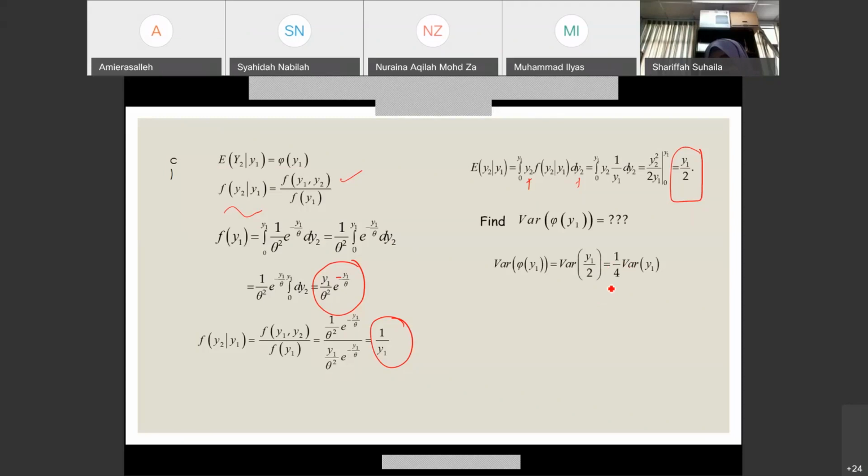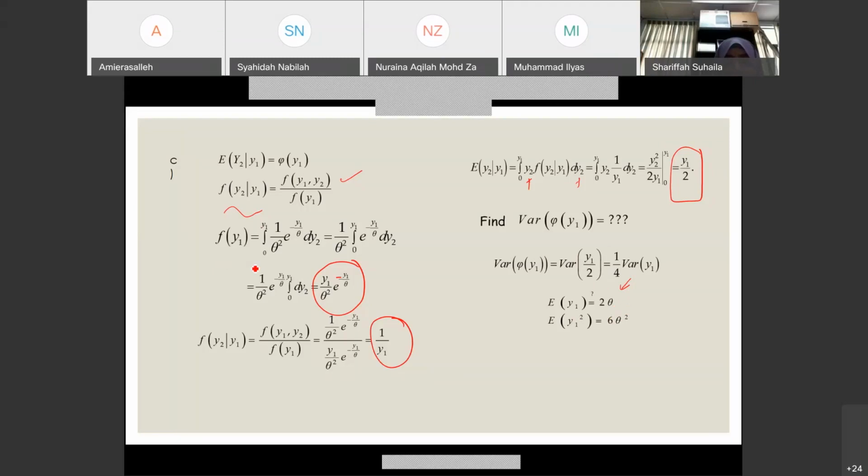So you will have 2 ni constant. So keluarkan 1 over 4 variance y1. Okay, nak dapatkan variance y1, kaedah yang sama. Ni saya stop kat sini je. Nanti kamu cuba macam mana kita dapat expected value of y1 is equals to 2 theta. Expected value of y1 square is equals to 6 theta square. Kamu dah ada ni. Kamu dah ada apa? PDF for y1 ni. Okay, now kamu dah dapatkan expected value of y1.